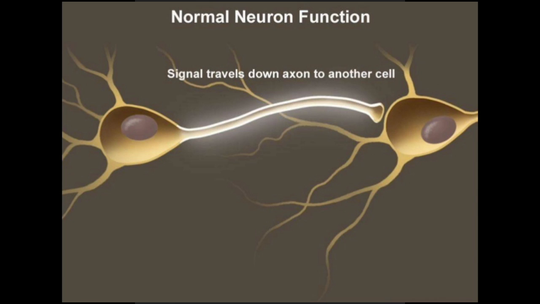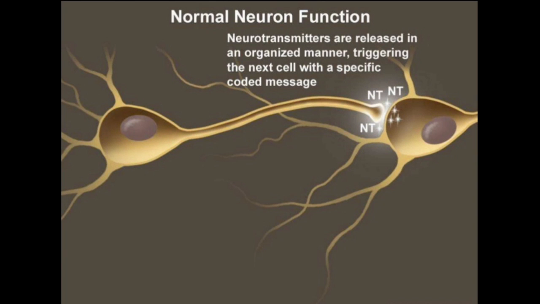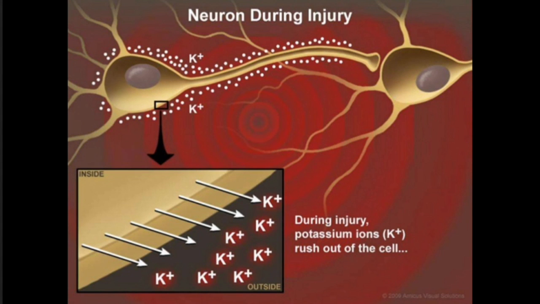The normal neuron will have the capacity to release ions in an organized flow. This communication of ions, or neurotransmitters, will deliver a message to the neighboring ion and will ultimately result in appropriate cognitive and physical functioning. In the event of a concussion, when the brain is violently shaken, the neuron is going to experience a stretch, and this will cause excessive strain and microtearing of the axon and result in potassium ions